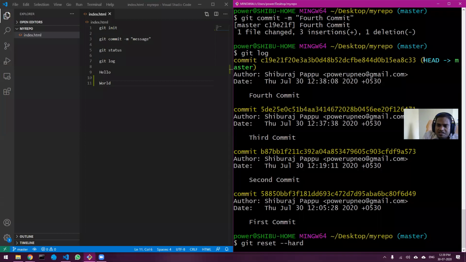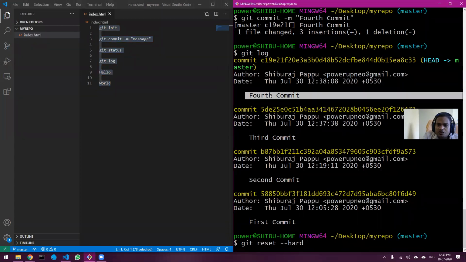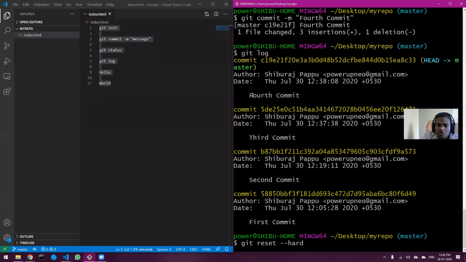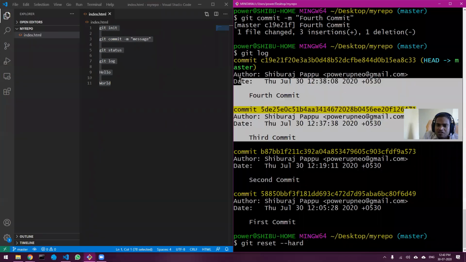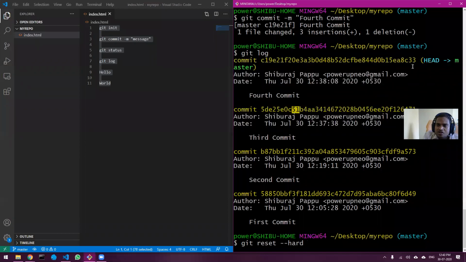So right now my head, or basically my code, is at this particular 4th commit. Now I want to go to the 2nd commit, and I want to remove all these unnecessary commits. So I want to take this head from here and put it over here. That is this commit.